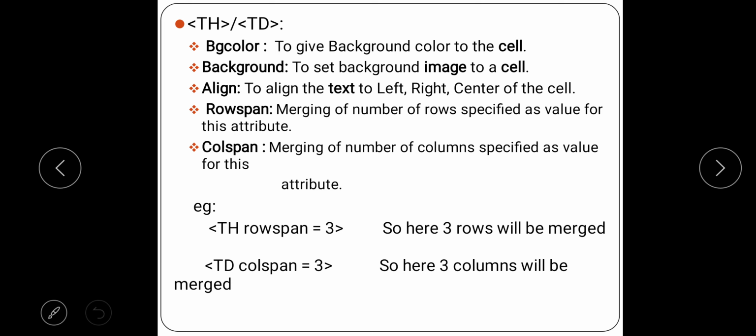We will see later in the example. Similarly, col span is used to merge the columns to create a single cell. So if I give col span equal to 2, it will merge the 2 columns and create a single cell. So in the example, whatever is given, we have already discussed.